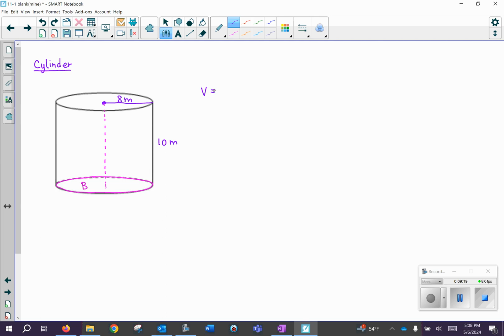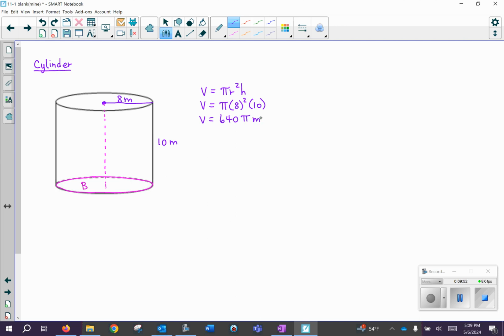Okay, so I think we have everything that we need. Volume being pi r squared h. Please give me answers in terms of pi and decimal. We need to practice both. So turn off the video and try that for yourself if you would like. So this would be pi. I'm plugging in 8 for the radius, squaring it, times the height of 10. So this would be 8 squared 64 times 10 is 640 pi